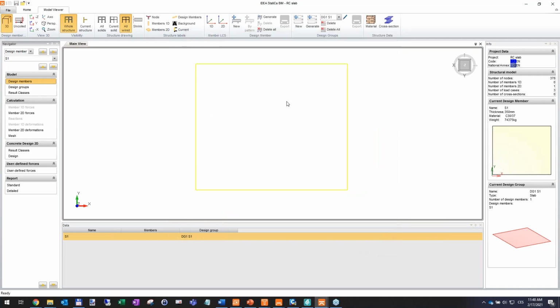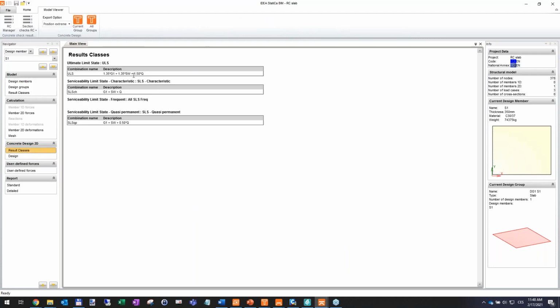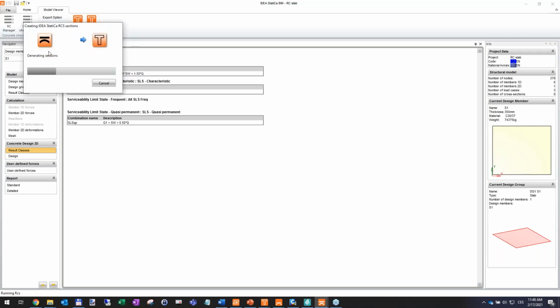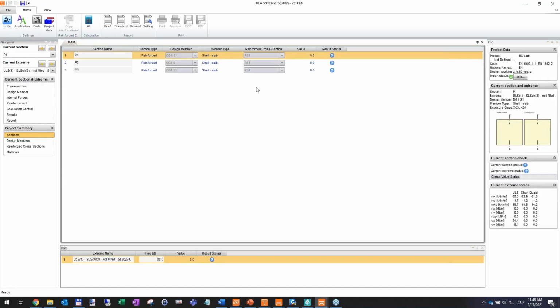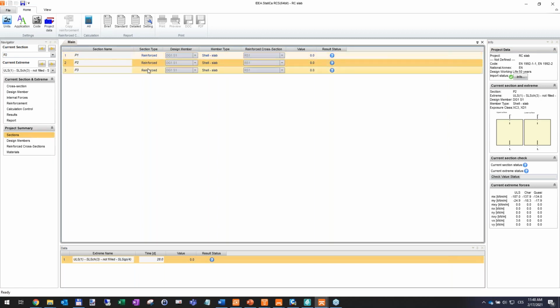If we click OK, we generated the sections, and now we can go to Concrete Design 2D. I click on Result Classes. Those combinations are going to be checked. I have created 3 types of combination in MIDAS Civil, and I click on this Current Group button. By this, I generate the section from the plate, and in a second, I get this RCS application. Here are the sections I've created,